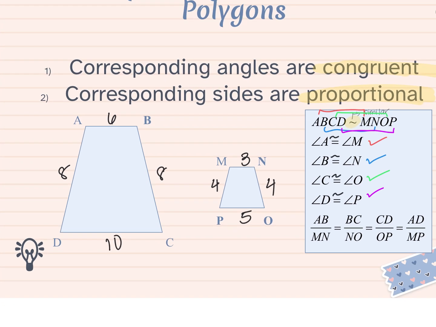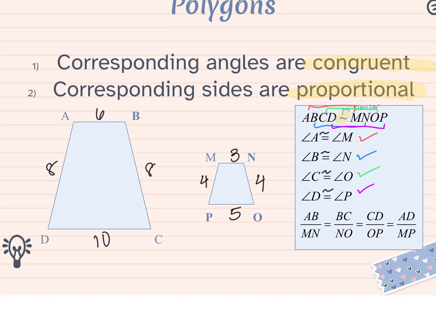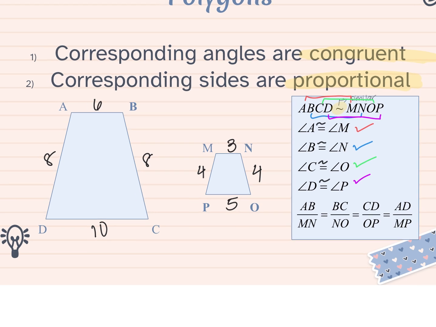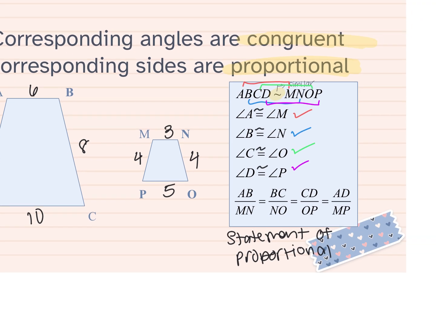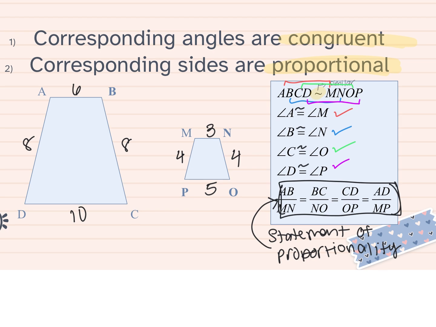So looking at these, they're giving you the statement of proportionality. So this is my statement of proportionality. And you have to know how to write one of these because you will get a question like that on your quiz. Okay, statement of proportionality is all of this right here. Why is it statement of proportionality? Because if we're looking at it,